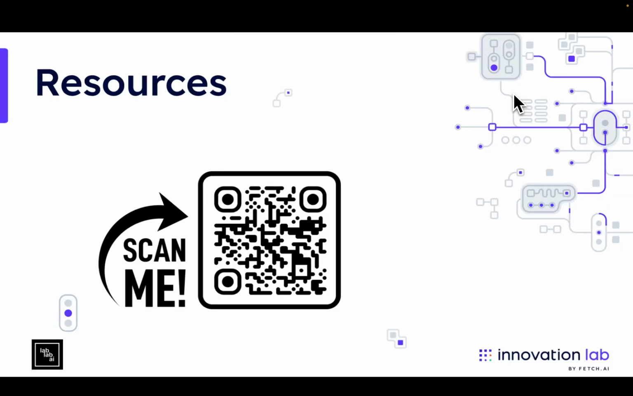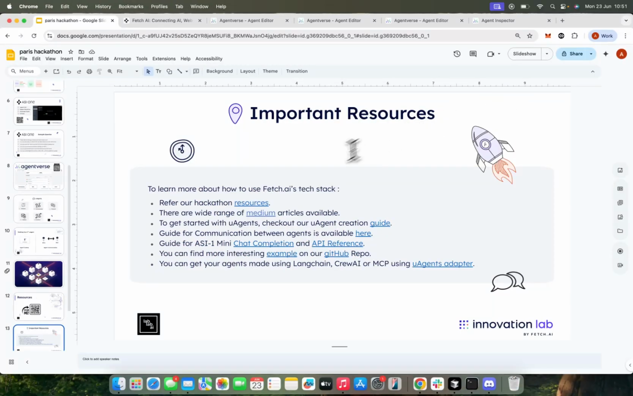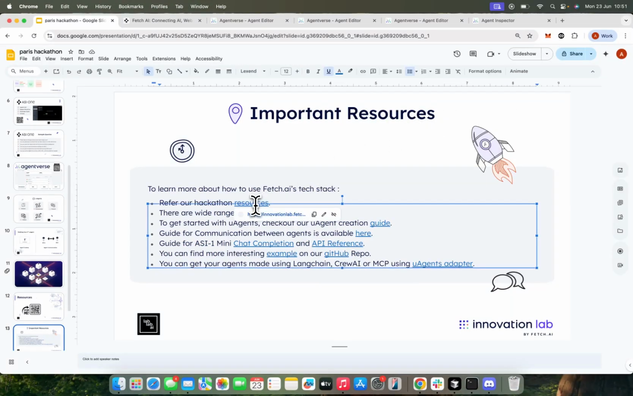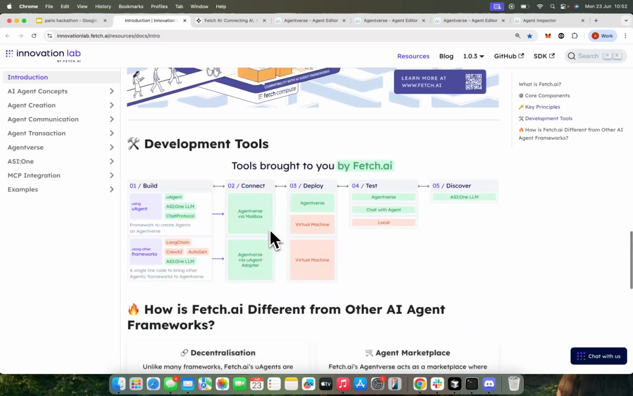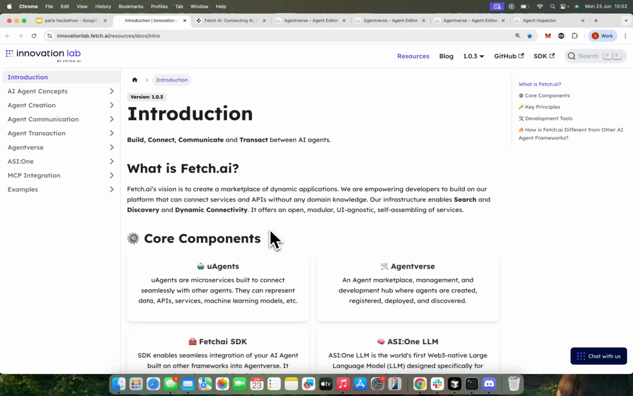Okay, if you can scan this. If not, I'll provide you the whole slide deck as well. We'll check the resources one by one. So if you click on this one, these are the resources. Completely rely on these resources for hackathon purposes. Don't get confused between different resources. Simply land onto the Innovation Lab resources, and this is the best place for finding the relevant and right thing